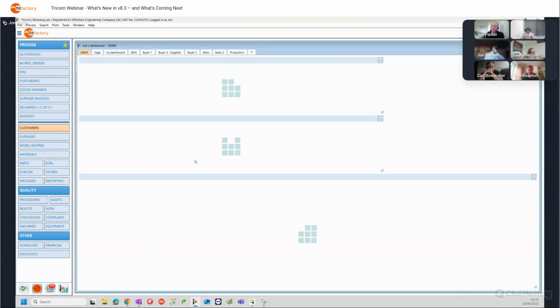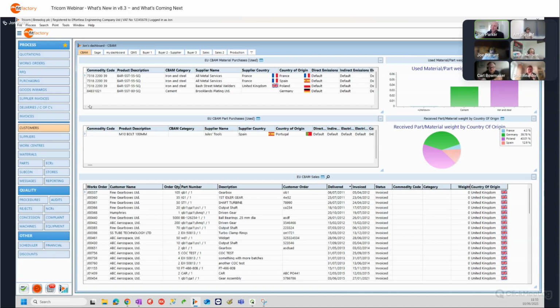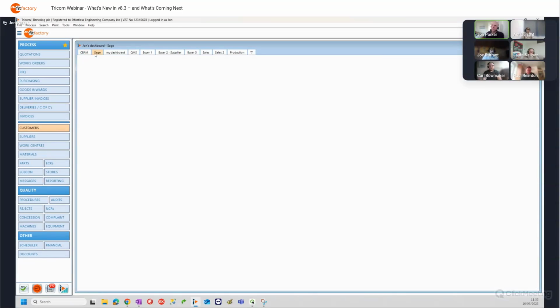And with that information, obviously, not everyone's got Sage on their systems. You probably don't let everyone in the company use Sage. But we have options in there for the Sage person to retrieve balances for all customers in one hit. We've got options in there for that to happen automatically when your accounts person who has Sage logs into Tricorn. It can go and every day, maybe just refresh all those balances for you so that other members of the team can see those numbers. And on here, I've got a little dashboard widget on my Sage tab that just shows me all of my customers and the current